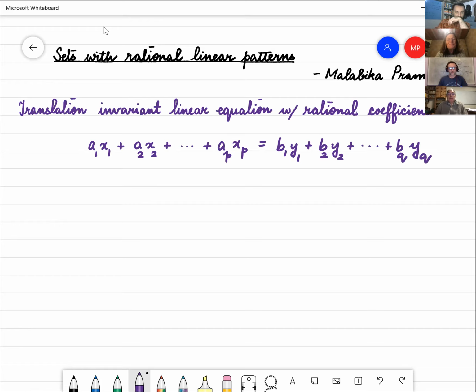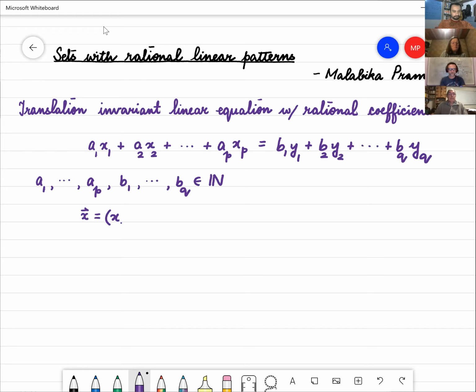So here the coefficients a1, a2, ap and b1, b2, bq are positive integers, and x and y,